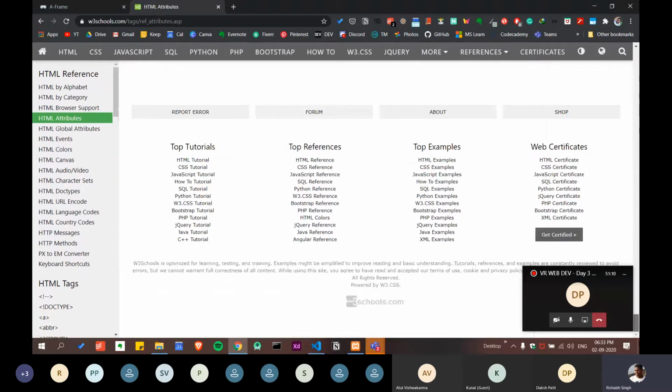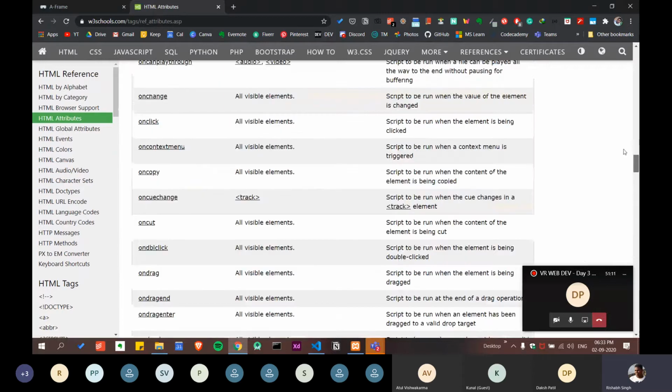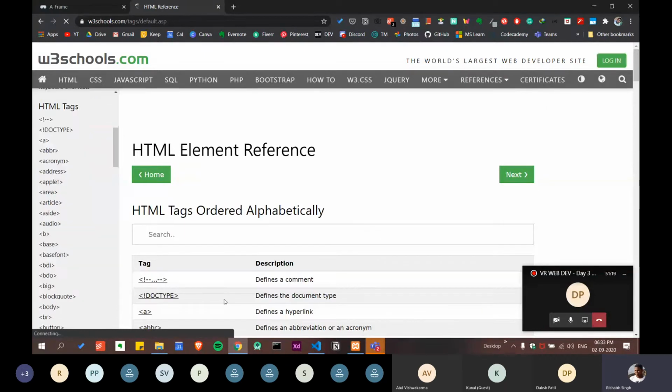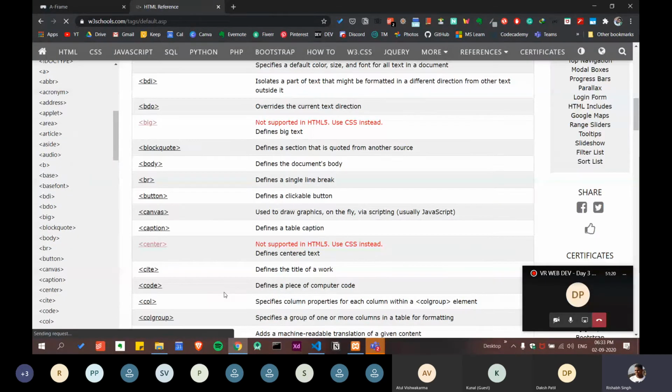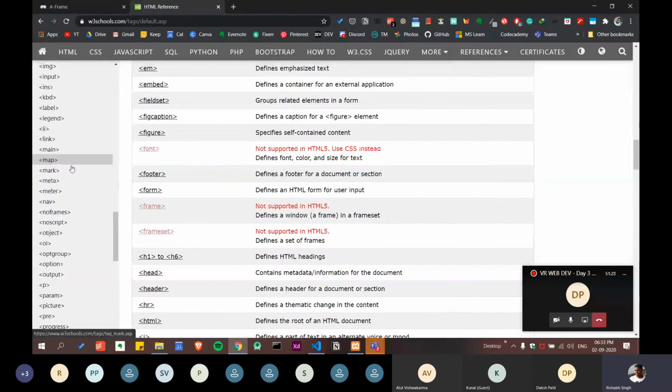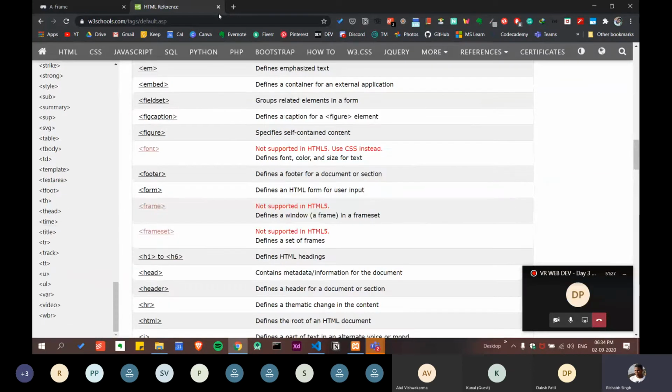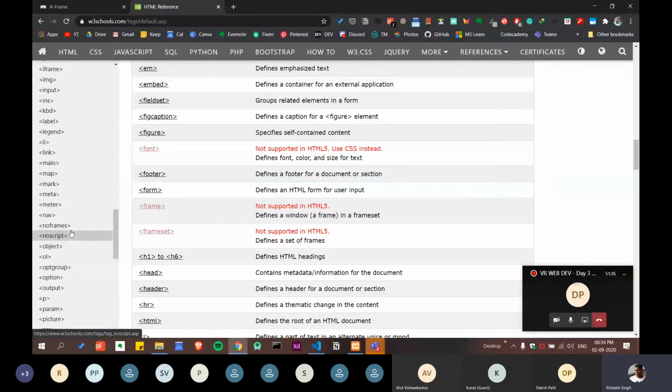There are so many long lists, and even I don't know a lot of them. I only know the basic tags. It's impossible to cover all of them in this session, but you don't have to learn all the tags. You just need to know the basic tags and we are good to go. Even professional developers don't know all the tags, so don't worry about it. Let's get back to the project.